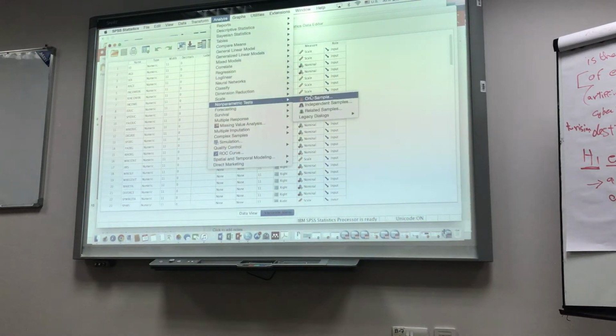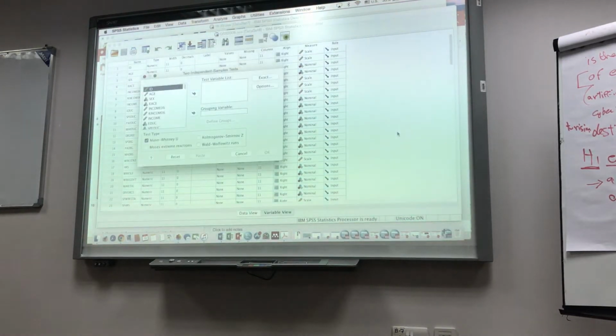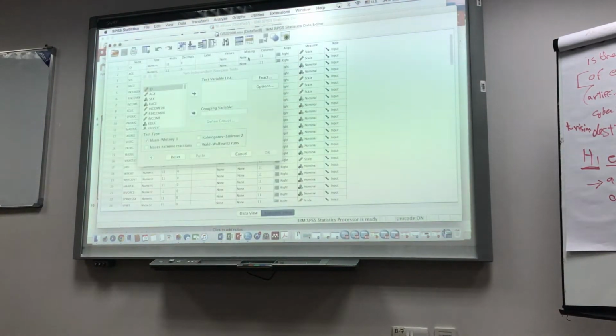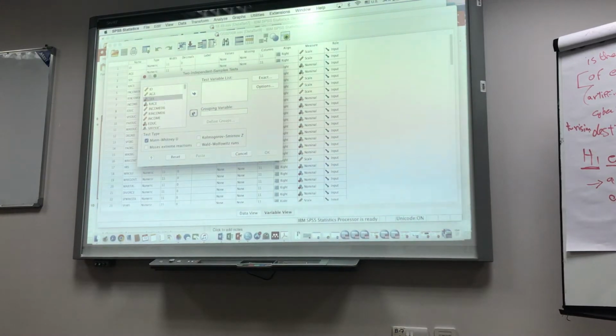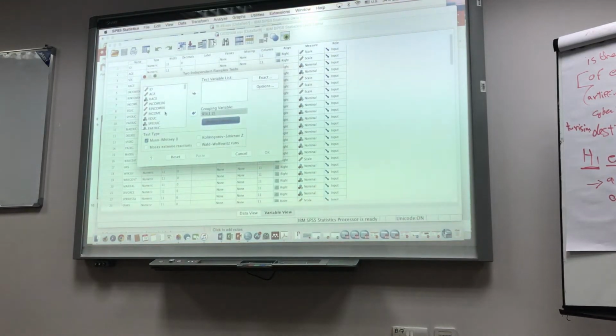Other than matched, we go to the two independent samples test. This is two groups and it's independent, so we use the Wilcoxon rank-sum test. It's not matched pair and not an interval variable. The dependent variable is the happiness of marriage, three scales, an ordinal variable. The grouping variable is sex, define groups 1 and 2 like in the independent-samples t-test, and let's find the happiness of marriage variable here.